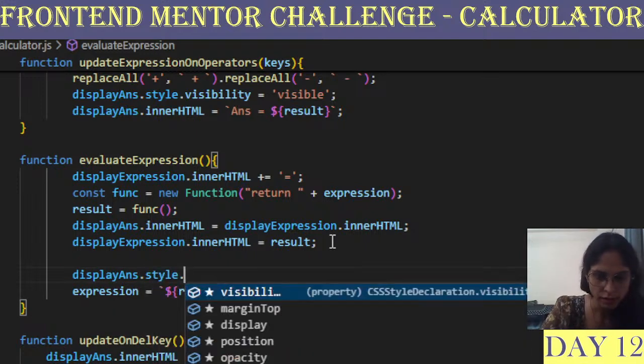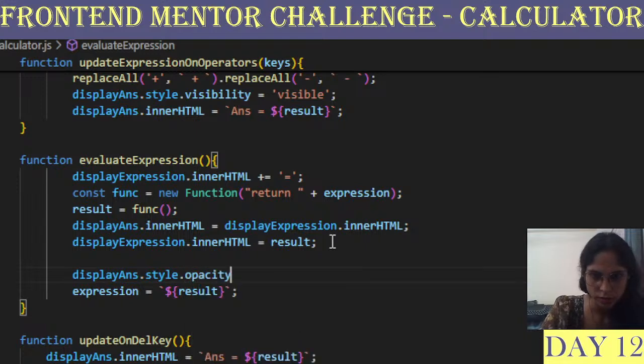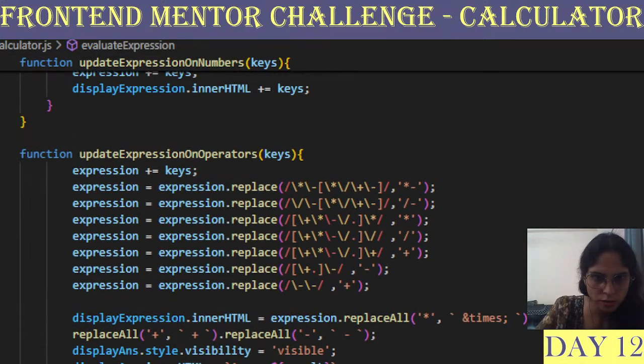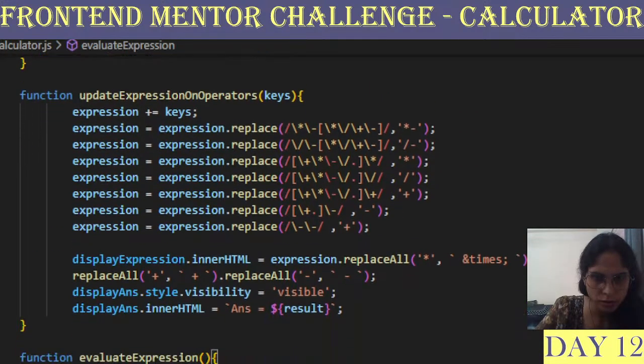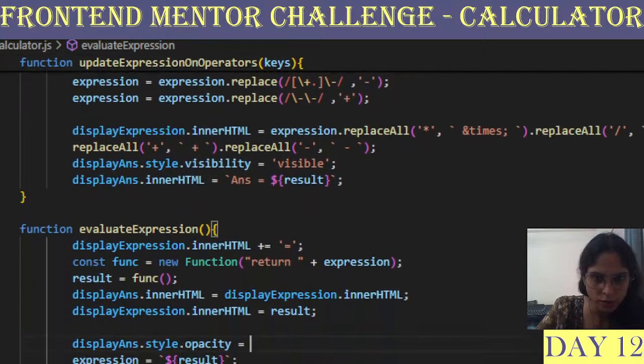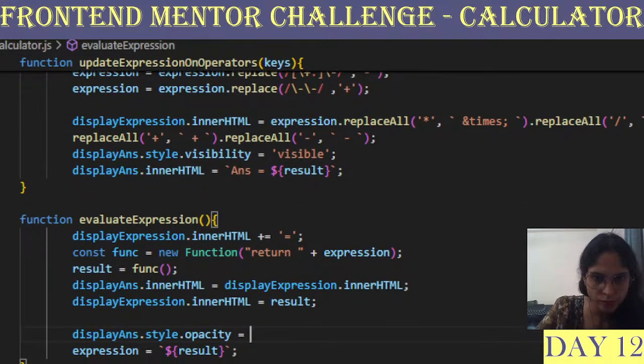Dot style dot opacity. Let's write 1 and see if this works.